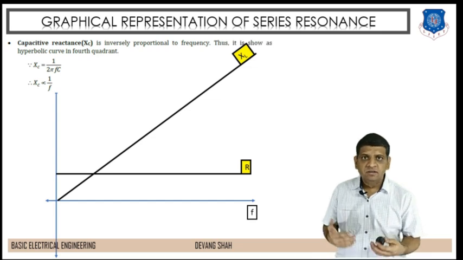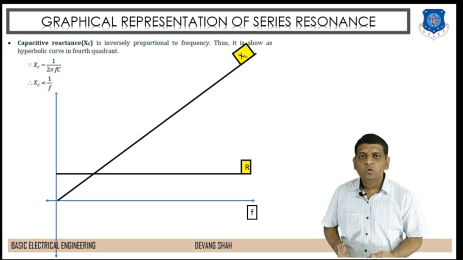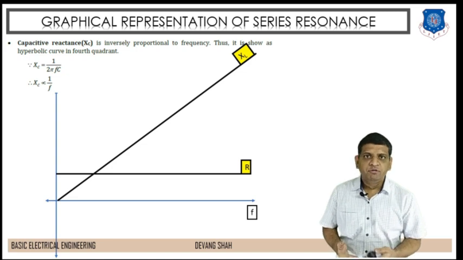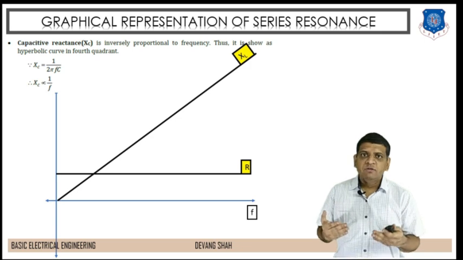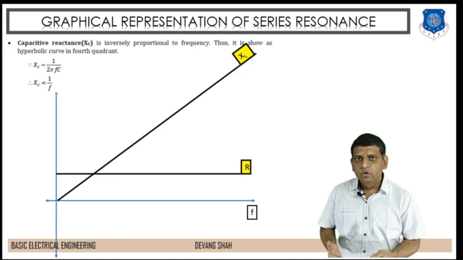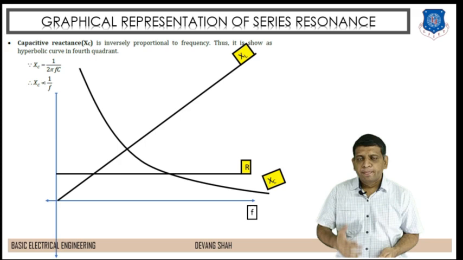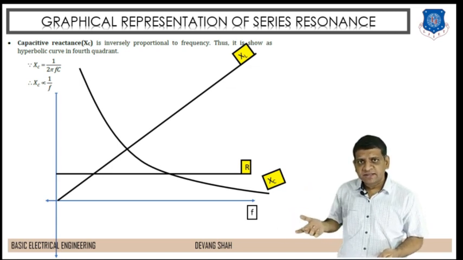Now my third parameter is defined as Xc, which is called the reactance of the capacitor, where Xc is equal to 1 by 2 pi Fc, where Xc is inversely proportional to the frequency. So if there is a low frequency, the value of Xc is high, and once you increase the frequency, the value of Xc decreases. Since it is a part of the capacitor, it is kind of a hyperbolic curve. So when there is a low level of frequency, the value of Xc is high, right?